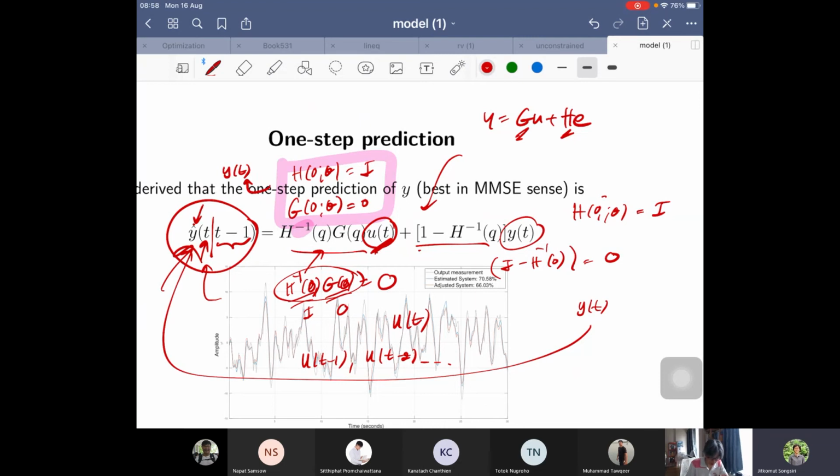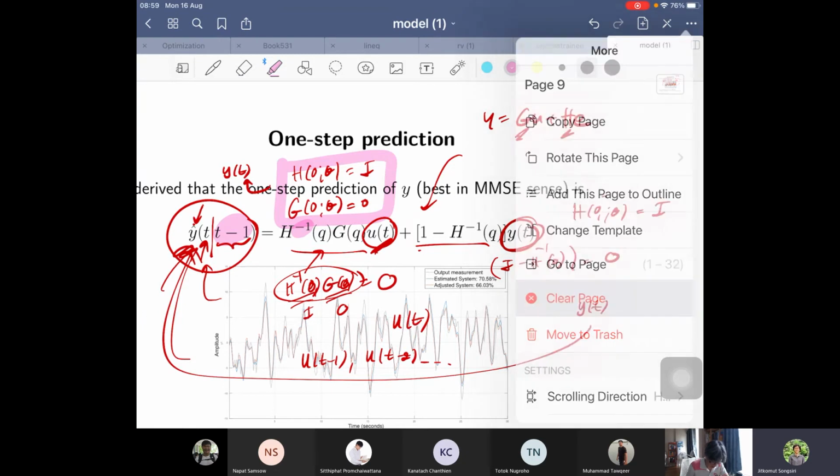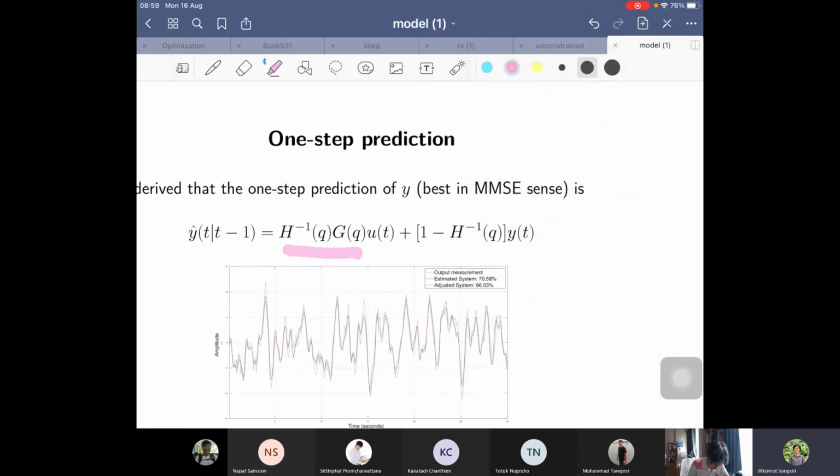Because if you knew yt at the moment, why would you need to predict y hat? Right? So the whole concept of prediction is you can only use the information up to time t minus 1. So this is just to verify that this statement makes sense in terms of this being an